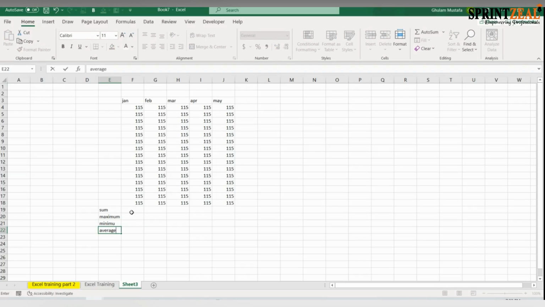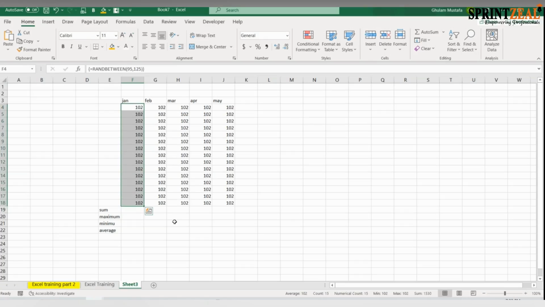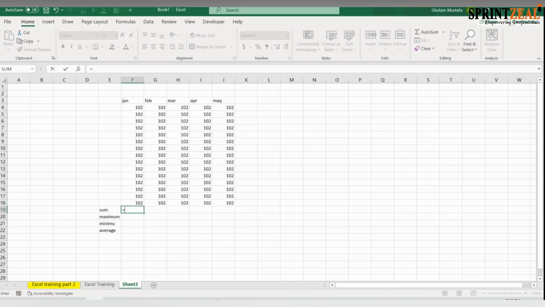Now I want to add these numbers. How can I do that? Rajan, can you do this for me now? I want to add the numbers for Jan, Feb, March, April, May in separate cells. How can I do that? Equal to? So you would just hit equal sum, and then the tab.